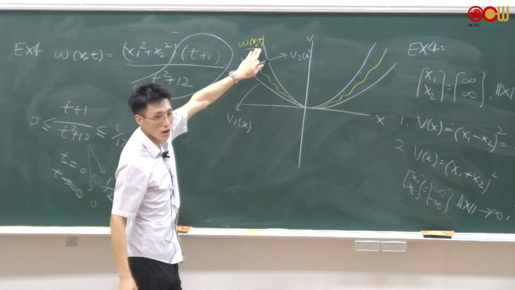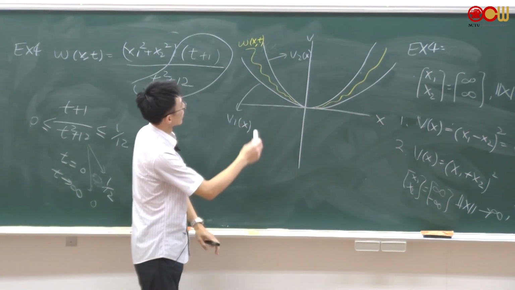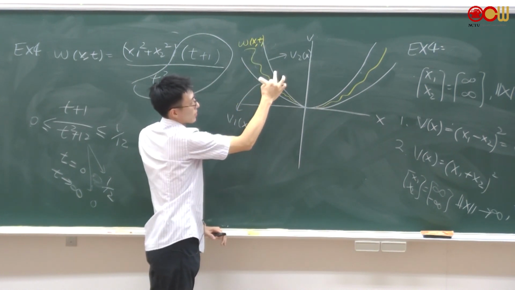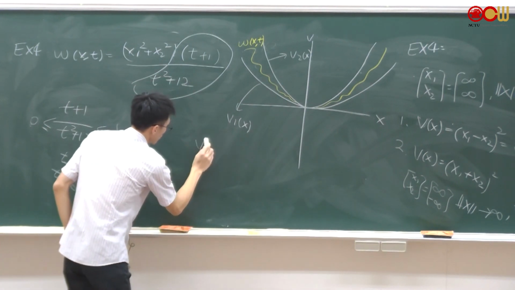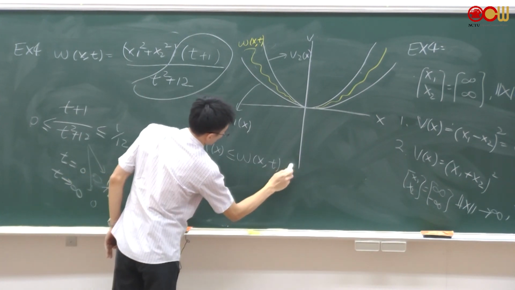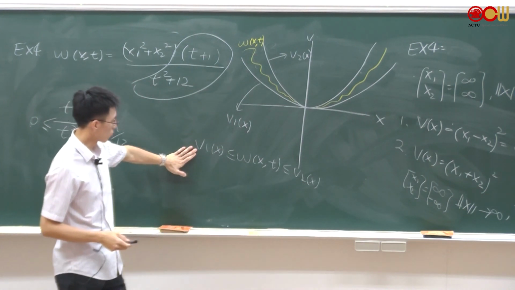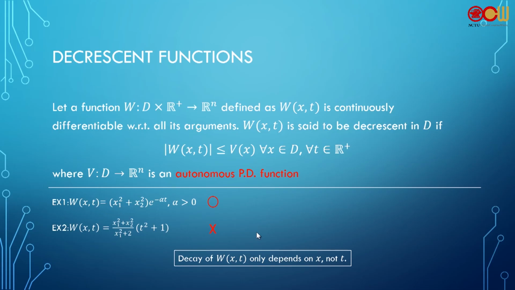So W is a function of time. It can be vibrating, it's oscillating with time, okay? But no matter what time it is, the oscillation is lower and upper bounded by these two functions, okay? So we say V1 is the lower bound. V1 is the lower bound. V2 is the upper bound. Okay. Based on the definition of decreasing, we're trying to find the upper bound of W, right? We're trying to find this V2.